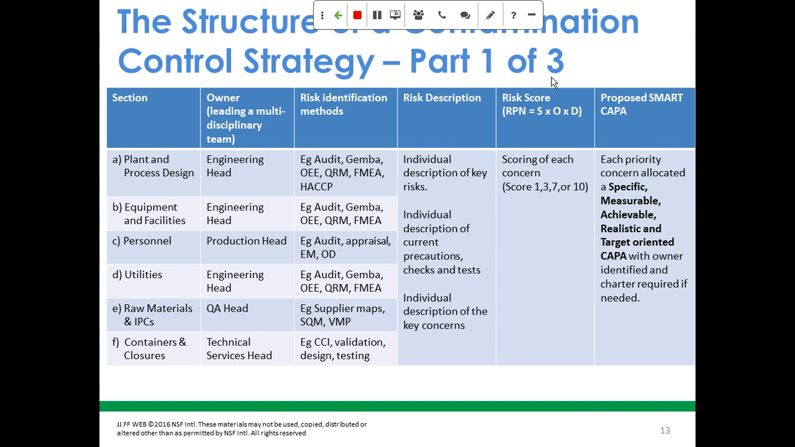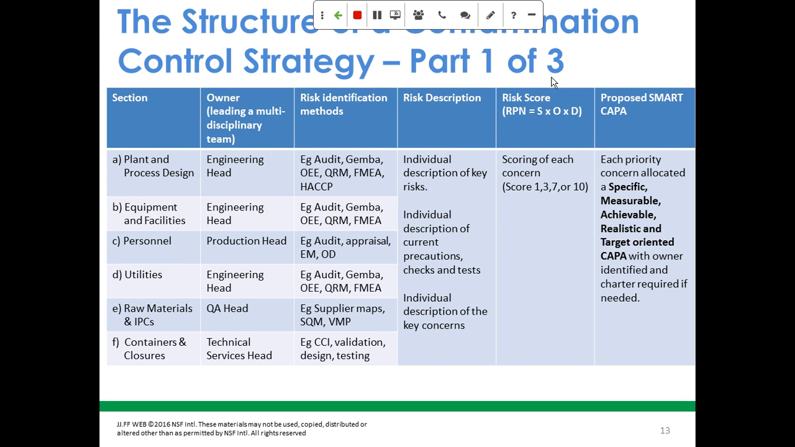So remembering to score between 1 and 10, but to avoid the score of 5 so that nobody can sit on the fence and hedge their bets and just score everything as a medium figure. And then by multiplying the severity score, the occurrence score, and the detectability score, just as it's shown in ICH Q9, it will then give you a priority list that you can then assign a team to generate SMART CAPA,